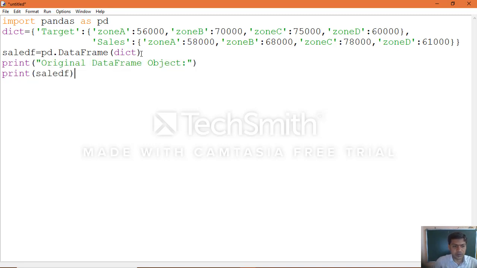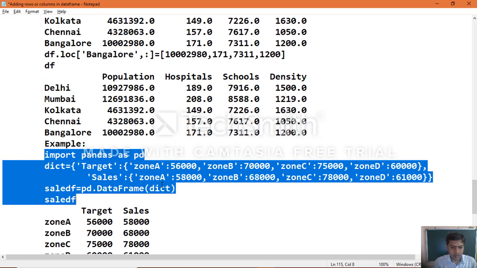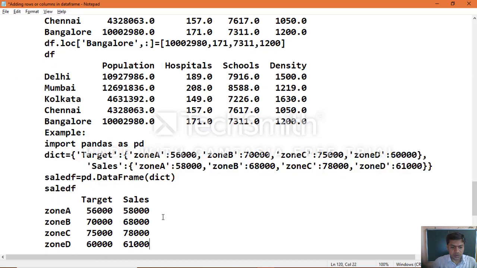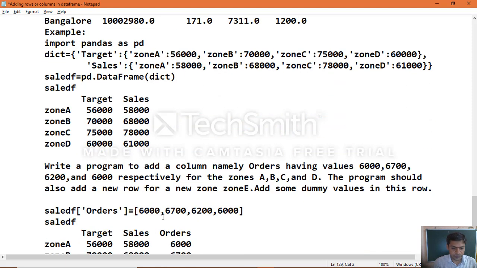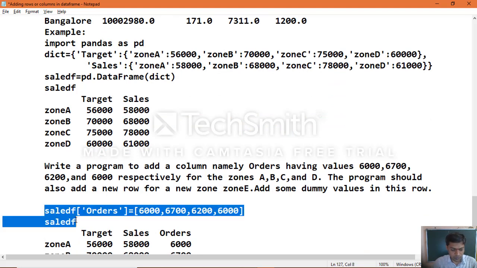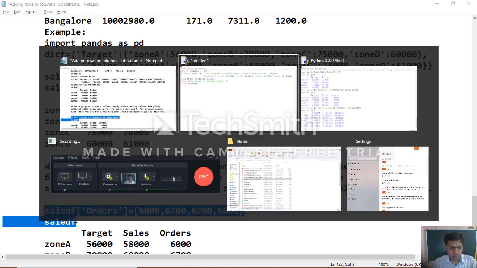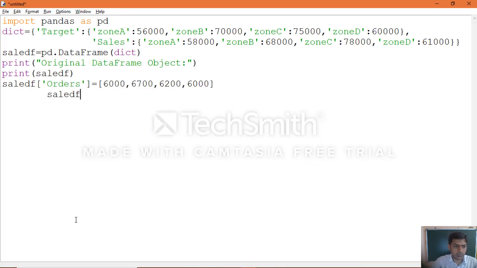Okay, now we are printing that. Now you make changes here, creating that particular column adding. Okay, we are adding the orders column.